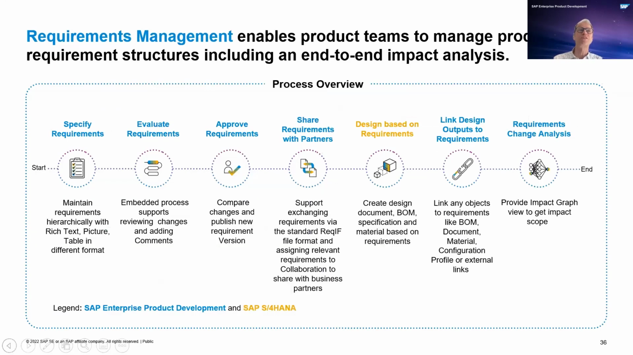A process view, basically, I briefly described it already. You can start from the definition, the specification of the requirements here. It's not only text that can be maintained per requirement, also you can add pictures, tables, and so on. It's a formatted text there. You can evaluate the requirements there, work with colleagues, commenting. Finally, the requirement is approved. A new version is created as soon as you release it to all the colleagues, and you can share it